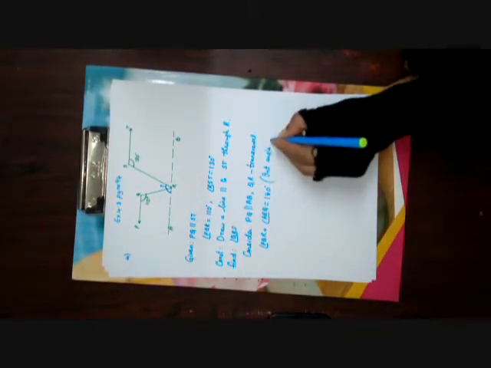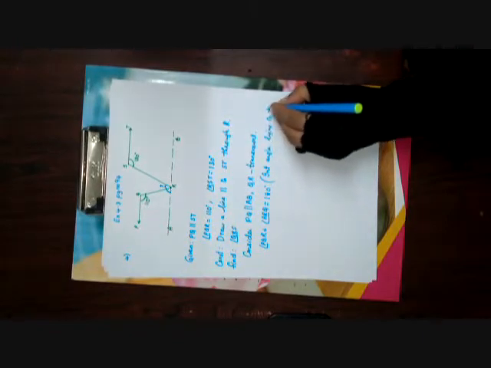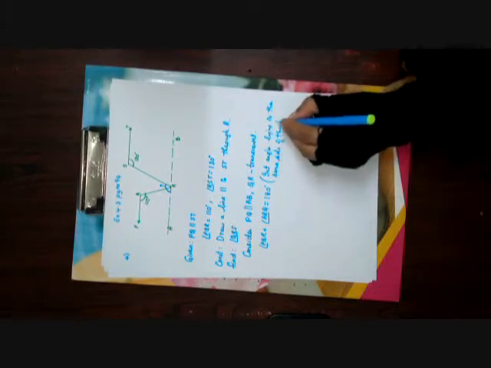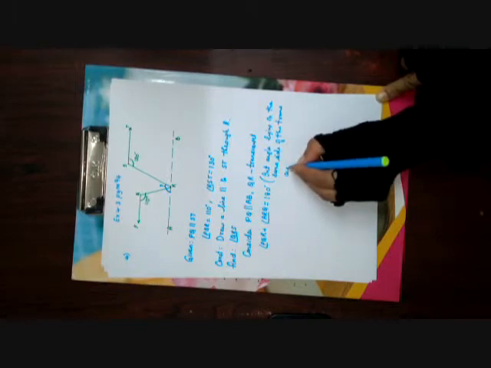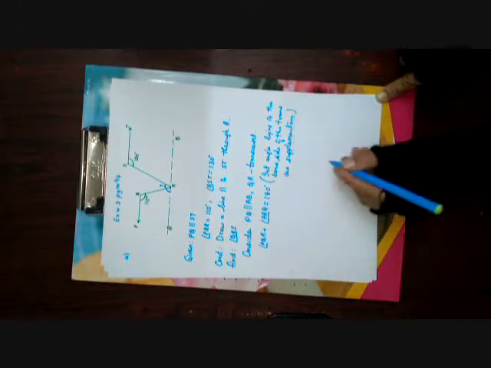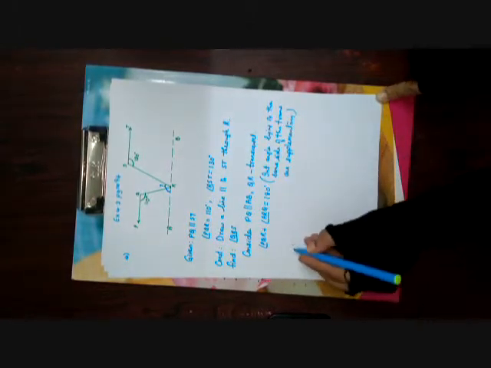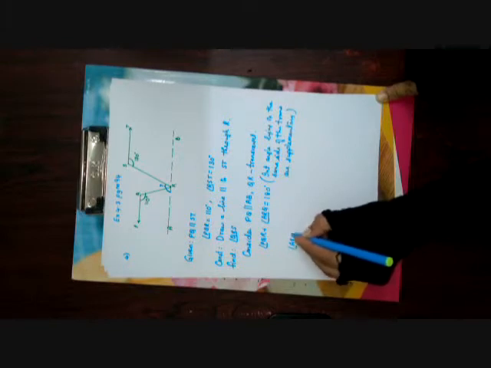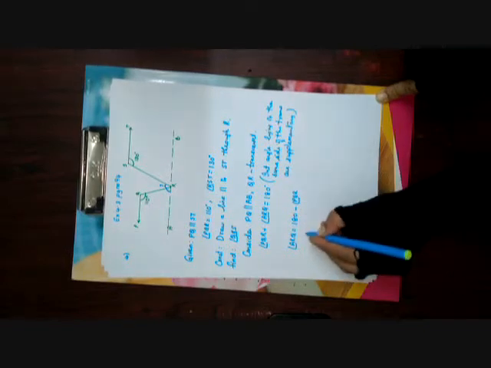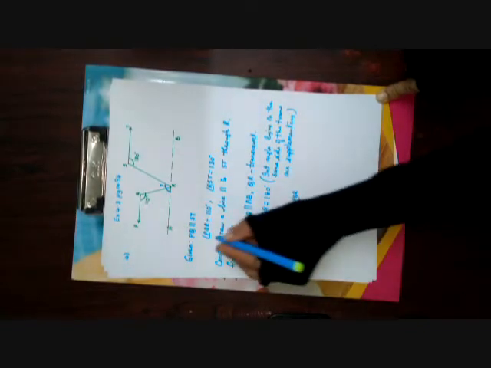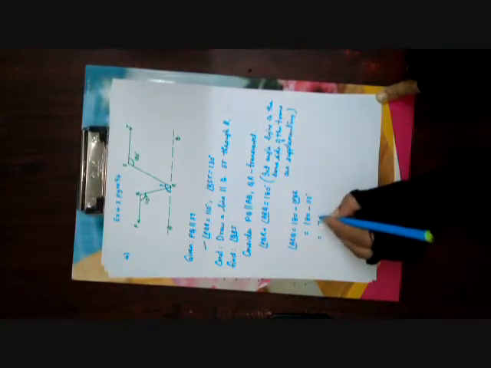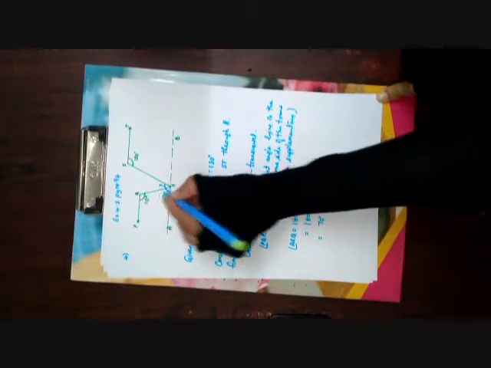Interior angles lying on the same side of the transversal are supplementary. That means when we add them, the sum should be 180 degrees. That's what we have written. So can I find angle ARQ? Angle ARQ will be equal to 180 minus angle PQR. That is equal to 180 minus 110 degrees, as angle PQR is given to us, which is nothing but 70 degrees. So I have found that this angle is 70 degrees.